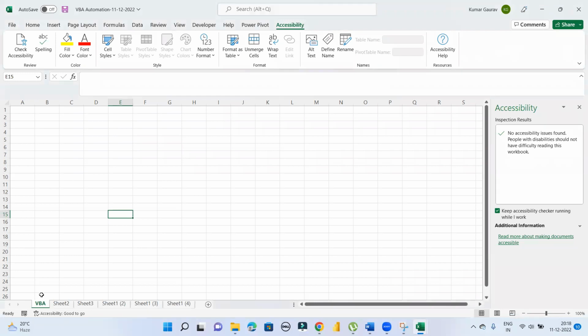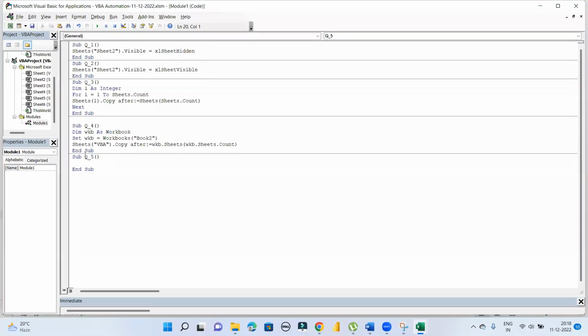Here what we are doing now, we are coloring the tabs. This is the tab: VBA, sheet 2, sheet 3, sheet 1. We now want to color these tabs. So how can it be possible using the VBA code? Let's see. Dim I as Integer